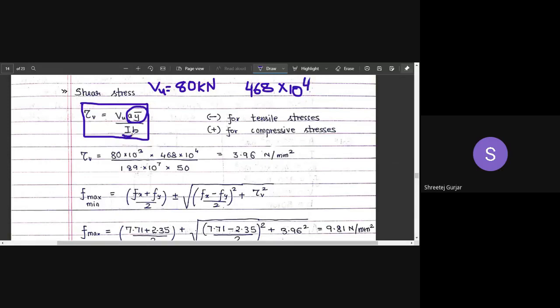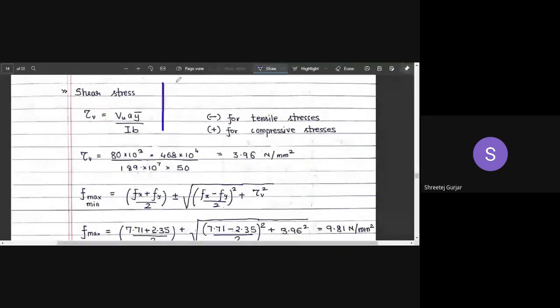This moment of inertia I value is also given to us in the question, no problem. Now width, what will you consider? B, will you consider the flange or the web? Web, correct. You have to consider the thickness of the web, not the flange. Consider the thickness of the web, that is given as 50. So all the things we know in this particular formula we can substitute. Make sure you substitute properly while taking care of the units.